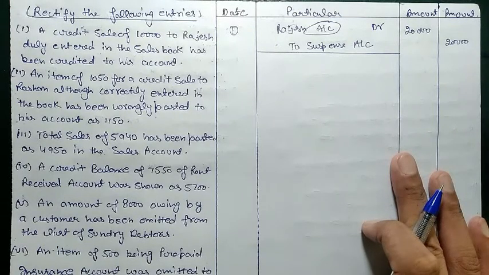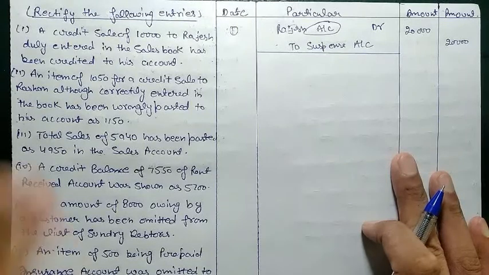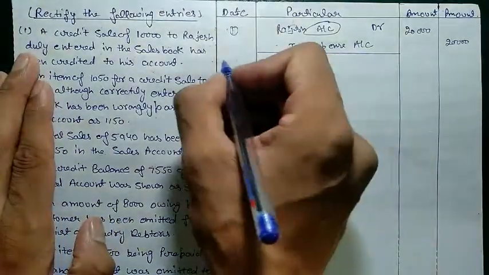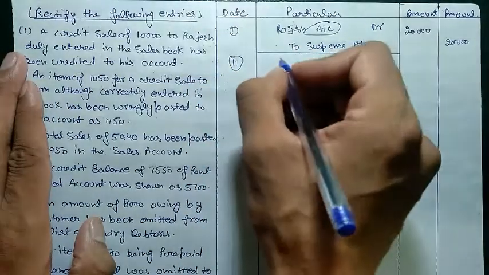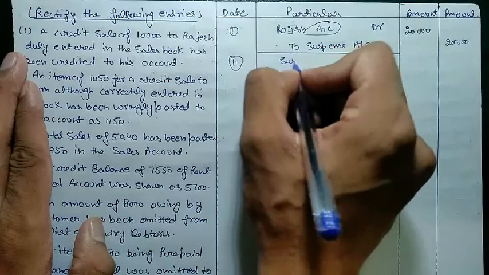So when we have a credit sale to Roshan, we would post on the debit side of Roshan, because the entry is Roshan to sale. We have debited Roshan's account by 100 rupees more. So the debit side of Roshan will increase by 100 rupees. Now to normalize that side, we need to post the opposite side, that is the credit side, by 100 rupees. Earlier we debited Roshan. Now we need to credit Roshan by suspense account.